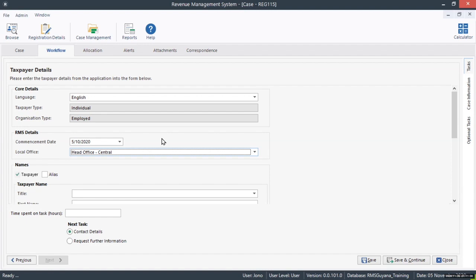And yes, look, you'll always end up with the potential for some duplicate TINs. The idea is to try and eliminate it as much as possible. And you'll see in this workflow that Jono's working through, at the beginning, we try not to get duplicates. We try not to re-register taxpayers who are already in the staging database, because we don't want that duplication. And then at the end of this process, for those of you who haven't seen it, there's another opportunity to check that the taxpayer isn't in the RMS database